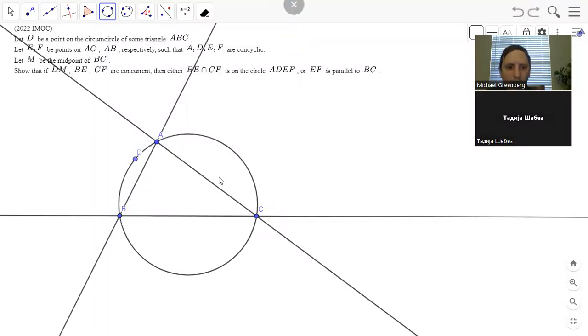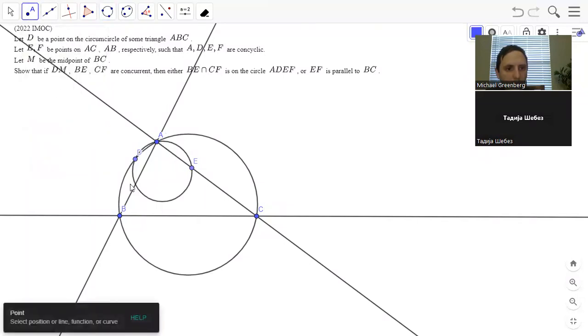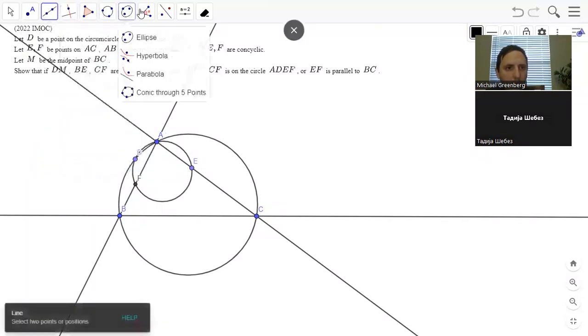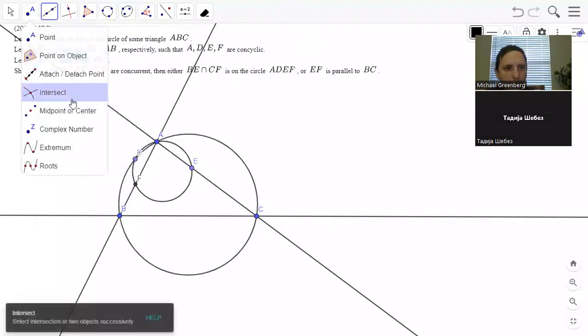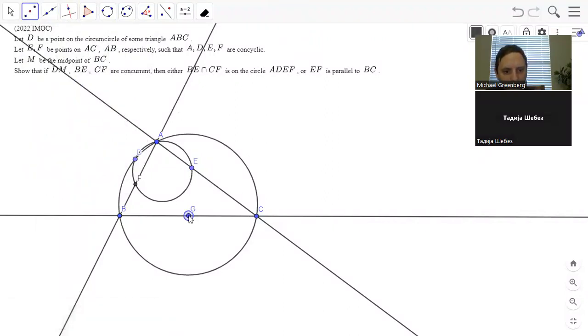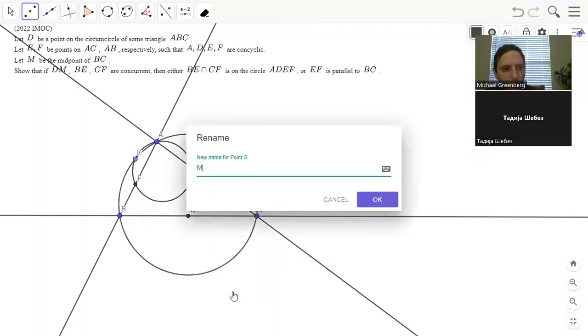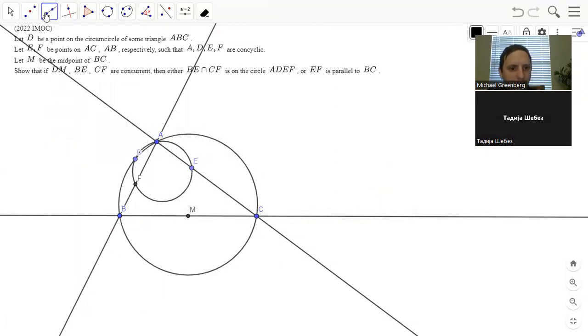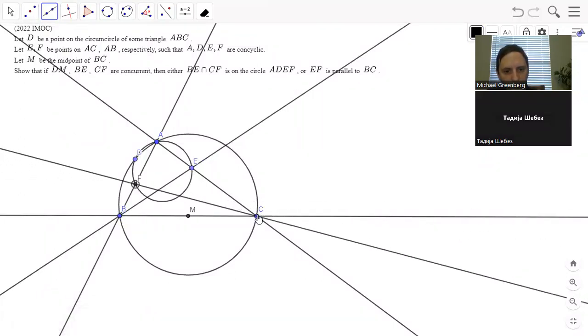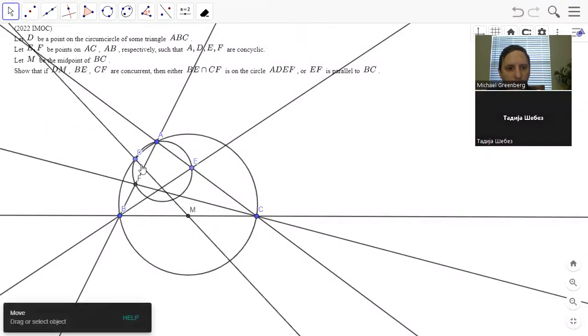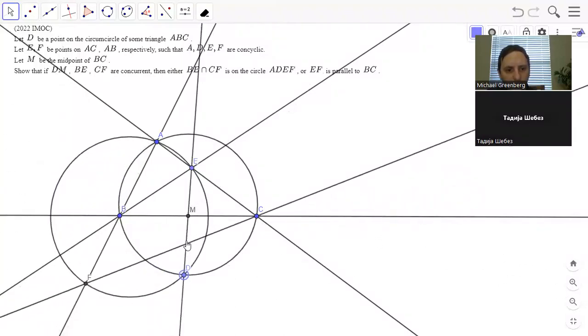E is on AC, so let's do it like that. That's E, that's F, M is the midpoint BC. So we have DM, DE, and CF. And let's see. So if I move D here,